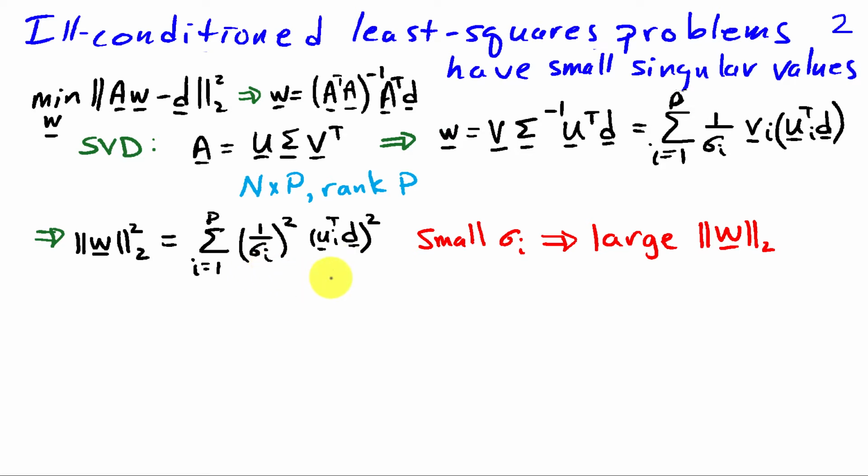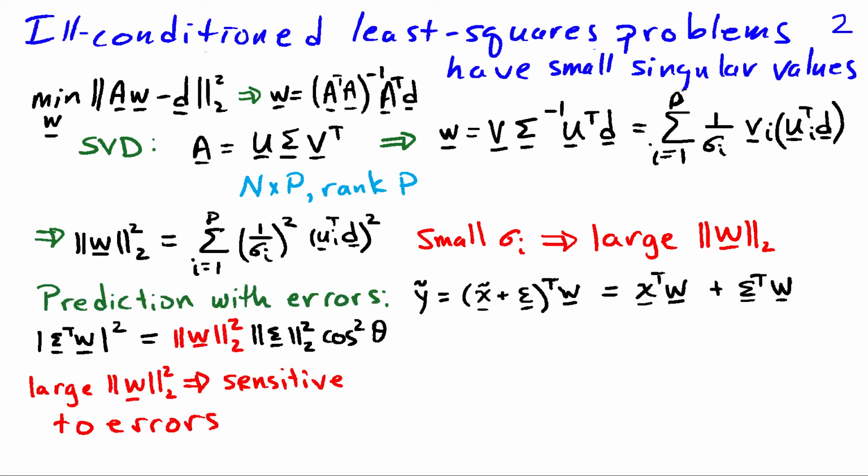So when the singular values are small, we end up with solutions to the least squares problem that have a large norm. Now, why are large norm solutions problematic? Well, it turns out that if we have any sort of errors, they get amplified by the norm of the solution W. Suppose we have a solution W and now we want to use it for prediction of some sort, either for a model or perhaps classification, in which case we would use the sign of this quantity as a binary classifier, and assume that our feature x tilde that we measure has some error epsilon. When we do our prediction with W, we compute our predicted value y tilde as (x tilde plus epsilon) transpose times W,